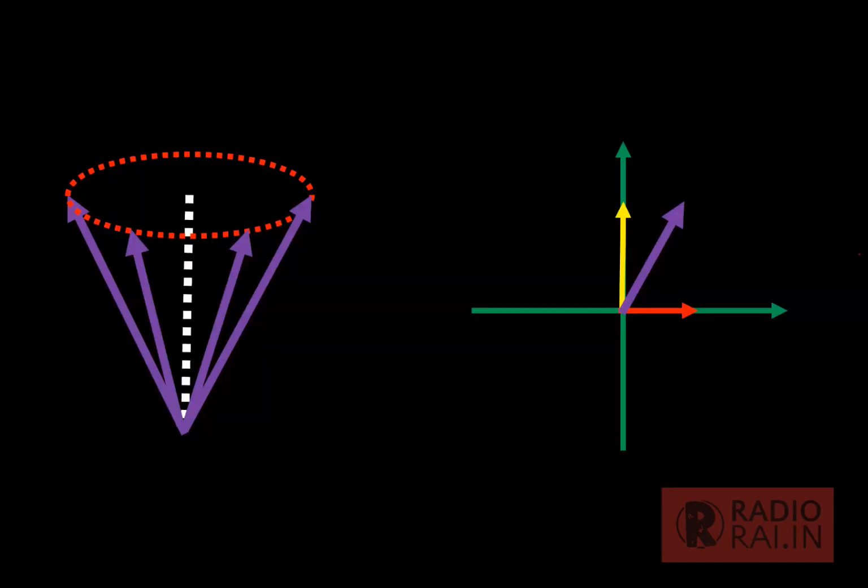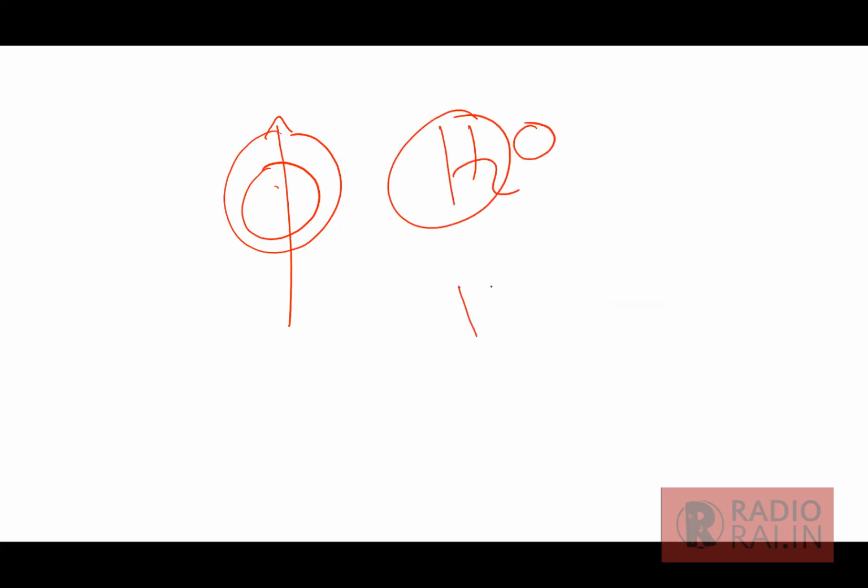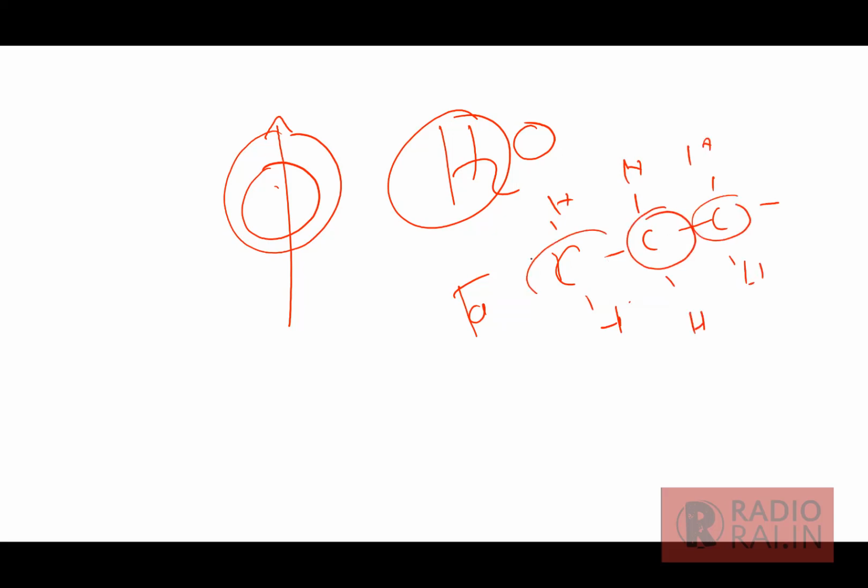Now the same thing will happen here. Now these are having precession. But every molecule will not have the same precession. This is because, as I have told you, every atom has a nucleus which has protons, and these protons act like a small magnetic field. Now in water, there will be two hydrogen atoms. In fat, there will be multiple hydrogen atoms, multiple carbon and multiple hydrogen atoms. So there are different molecules, all containing protons.